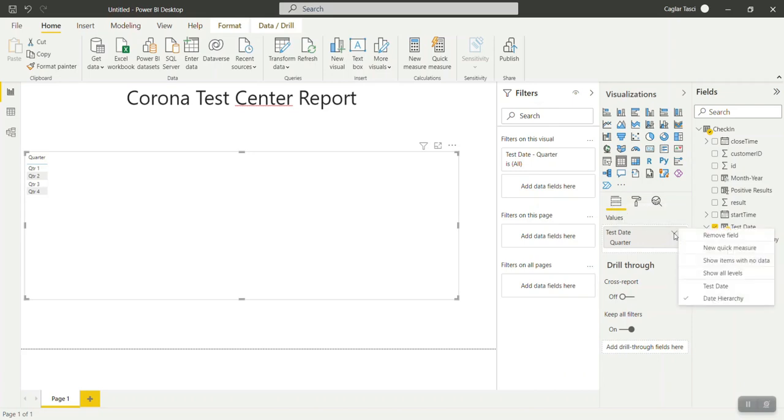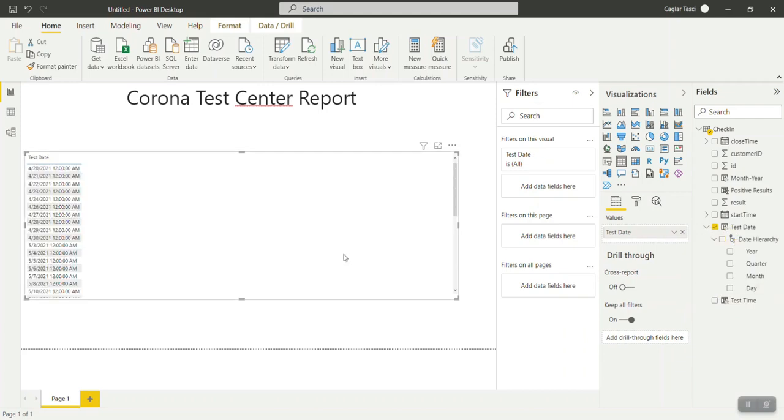One thing I will quickly do is, because it's also giving me this time on the side, I will just change the data type of test date in my data column, and in that way I will be able to remove this time from here.